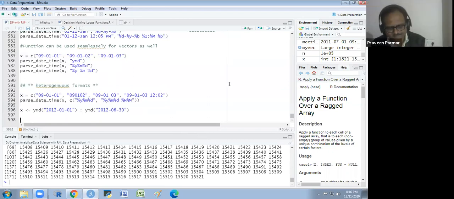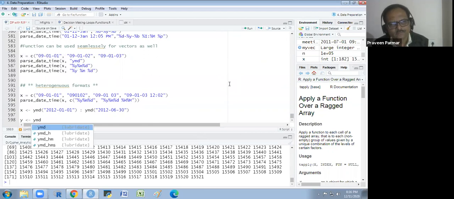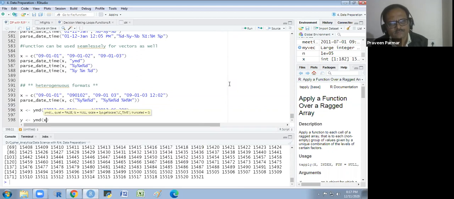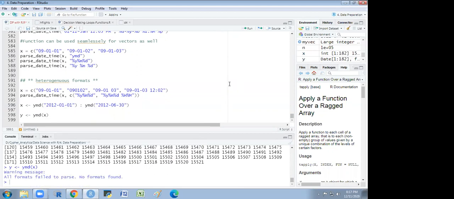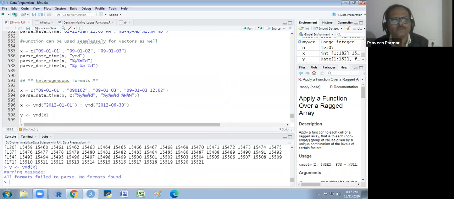We try this, but I think that will not work. It will not work. We could take the range of that. Don't worry, we could take it.